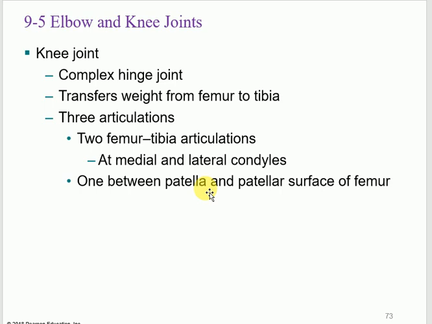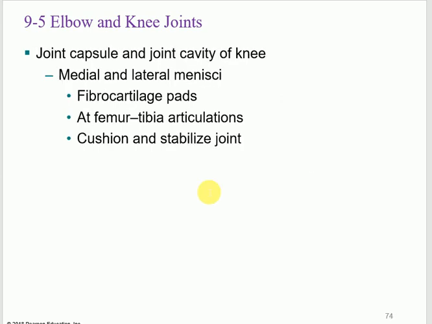Fibula have a joint with what? Have two joints with what? What does it articulate with? Tibia. Yes. The fibula articulates with the tibia. Does the fibula articulate with the knee? No, just with the tibia. There are two joints like this. Okay? They articulate with each other. But fibula is not part of the knee joint.